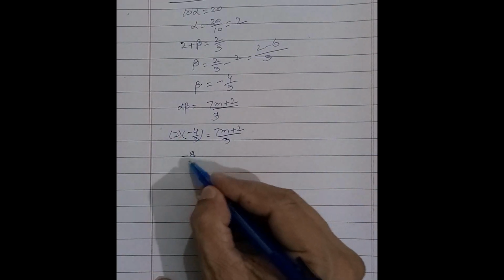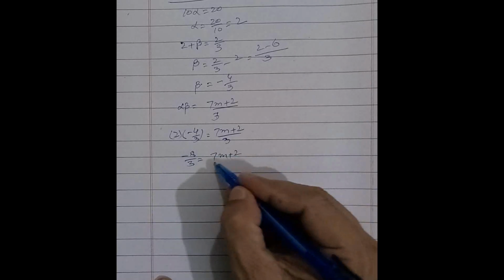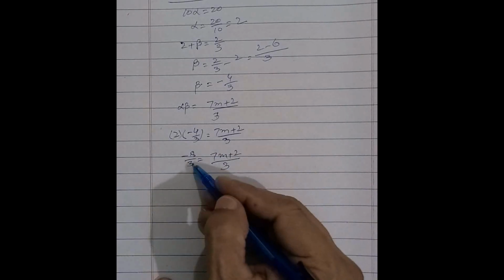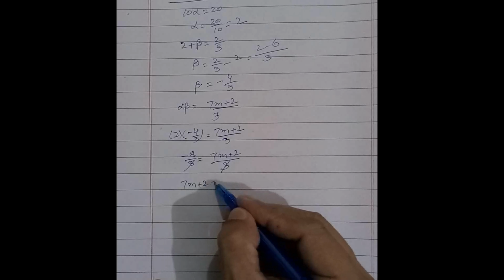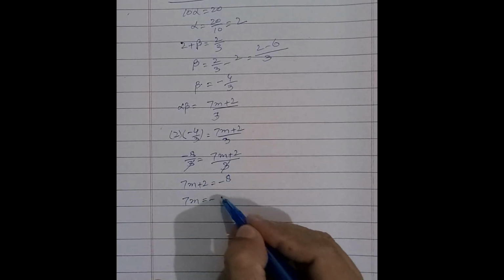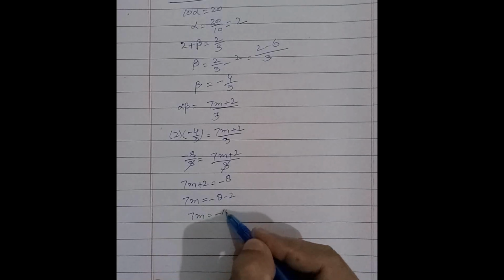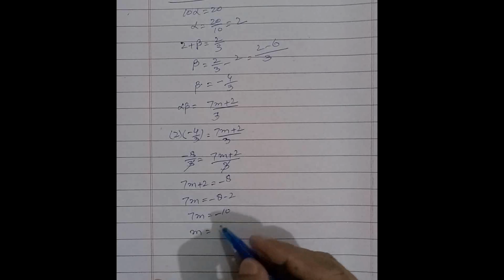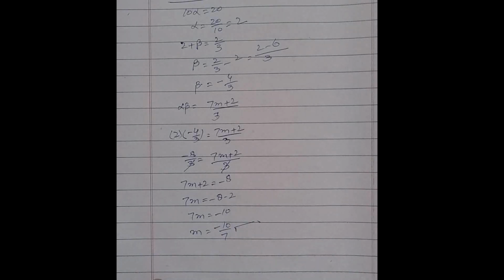Minus 8 over 3 is equal to 7m plus 2 over 3. This denominator 3 is cancelled with this denominator of 3, and we get 7m plus 2 is equal to minus 8. 7m is equal to minus 8 minus 2. 7m is equal to minus 10, and m is equal to minus 10 over 7. And it is the answer of